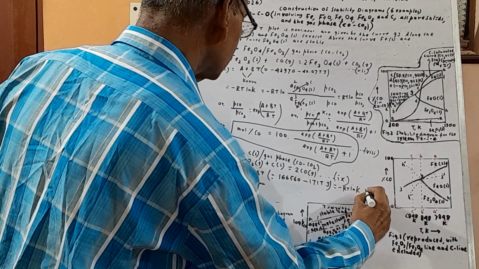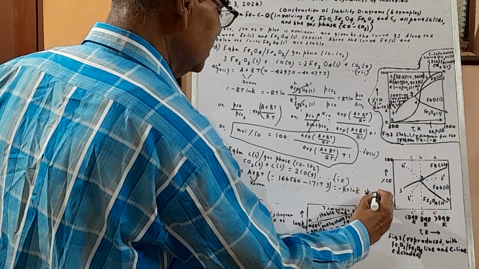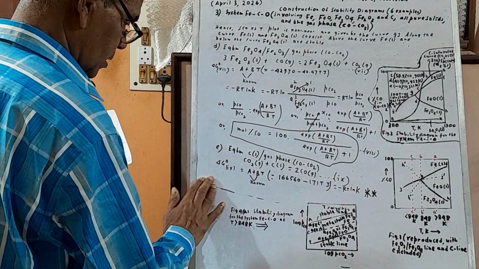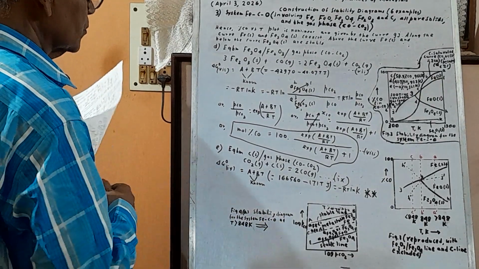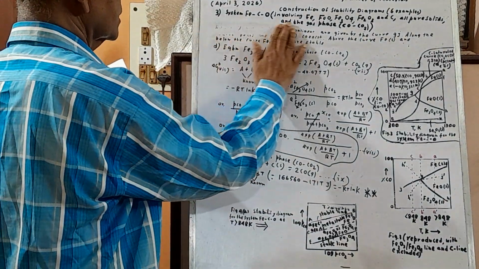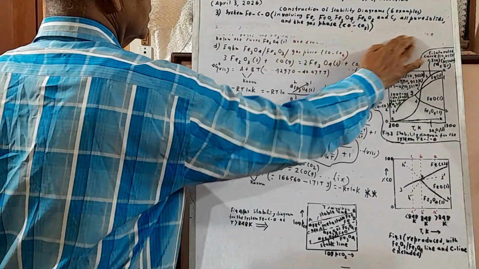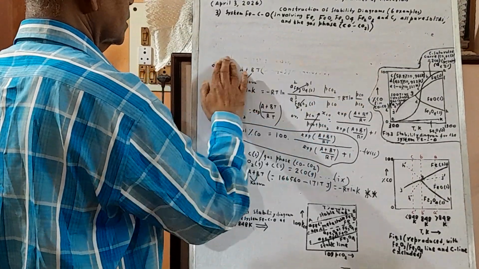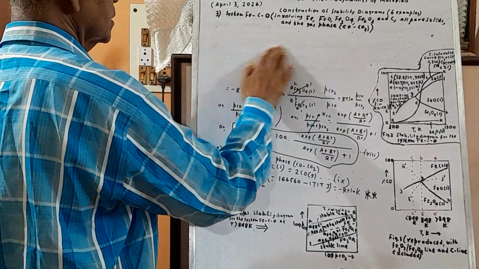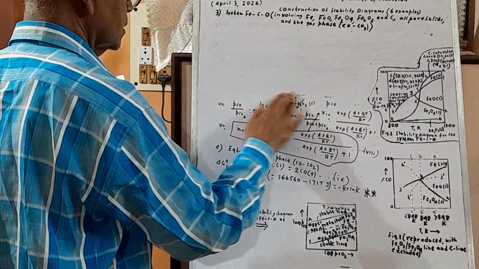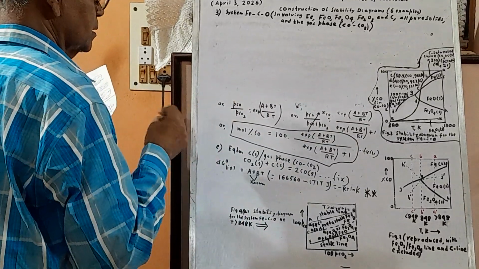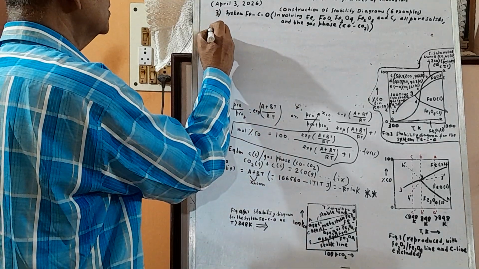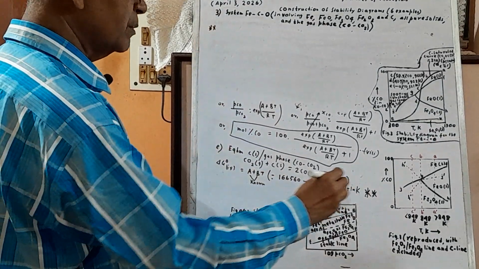Let's give a double star here. Remove this, these are all over. Okay? Continue: delta G0 is minus